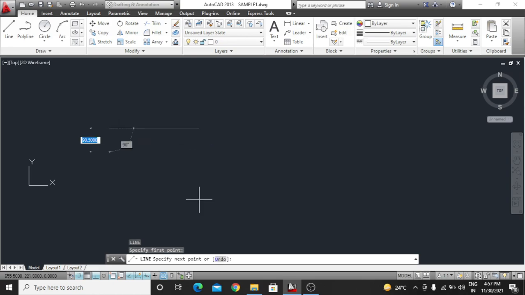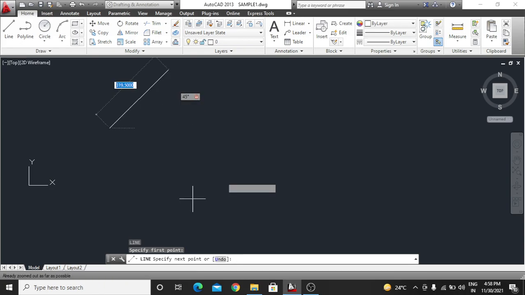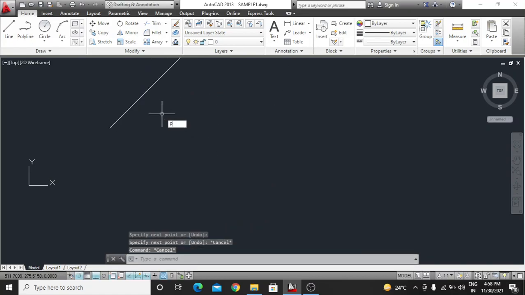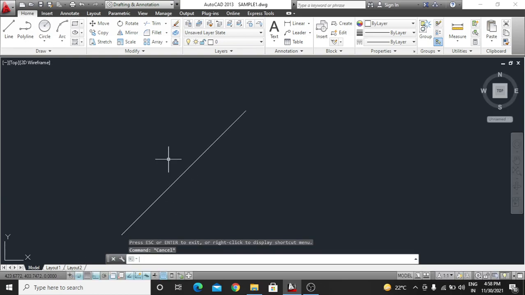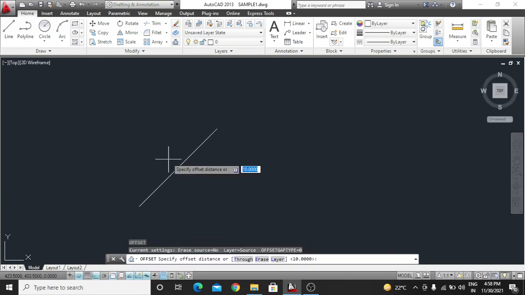Also it is very useful if your line is, for example, at 45 degrees, an inclined line. But if you want a parallel line, for that again you can use the offset command.